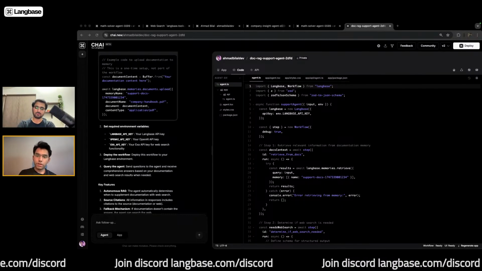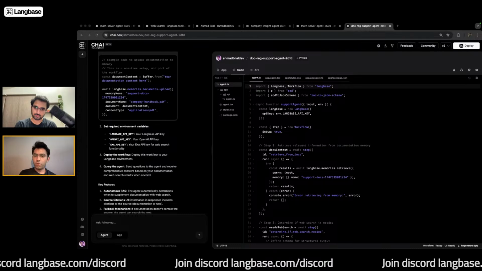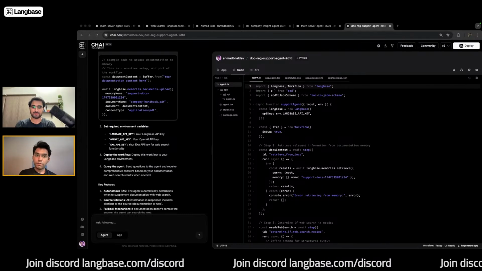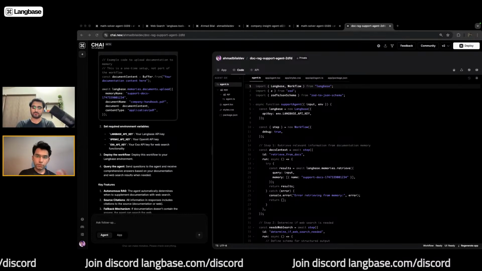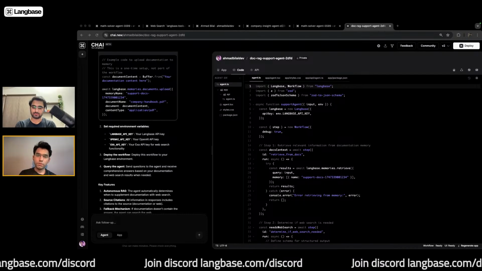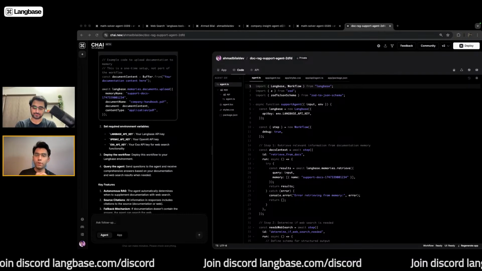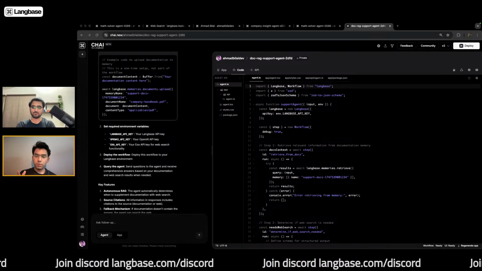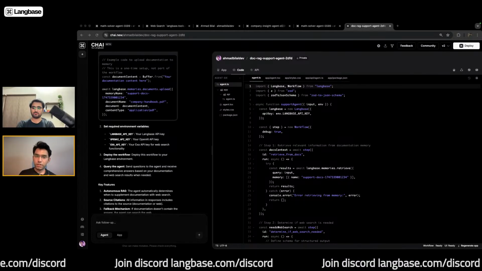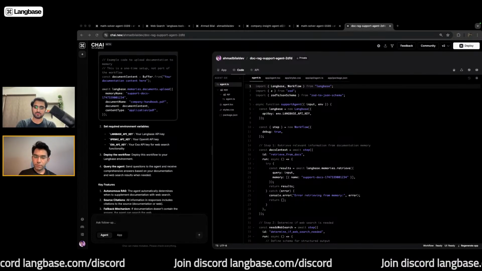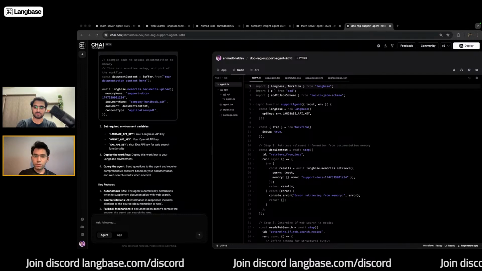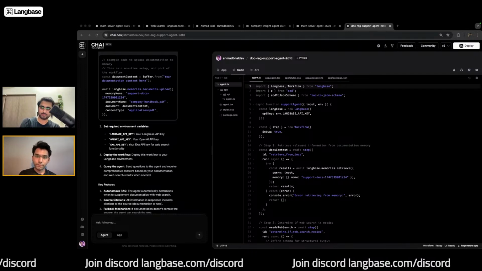So we do have support for MCPs. We are supporting a handful right now, but in the coming weeks we are going to roll out all the different kinds of MCP support, from Slack to GitHub to Gmail. So stay tuned, we are going to be shipping it really soon.